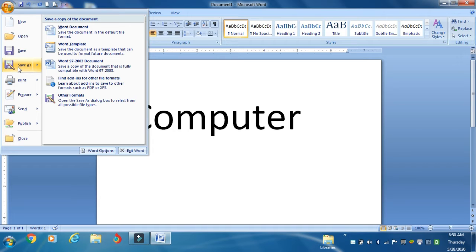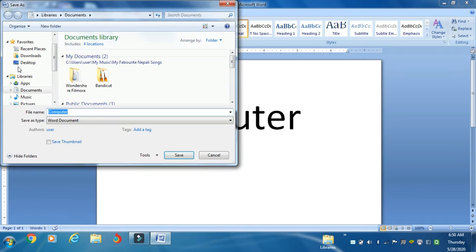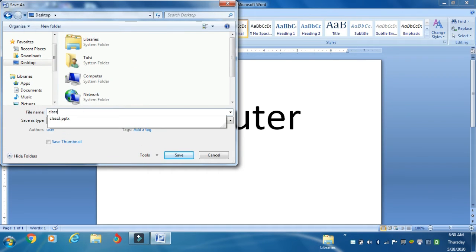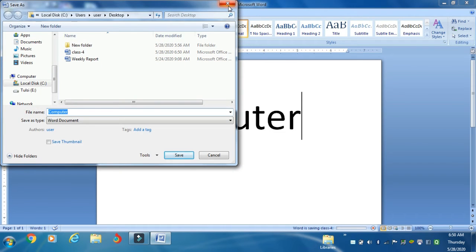So right now we have a new document, so I'll be clicking on the save as option. It will ask me where to save, the location. So I'll simply select the desktop and I'll give the name here as class 4. I'll click on the save button. Now see the name at the top, instead of document 1,